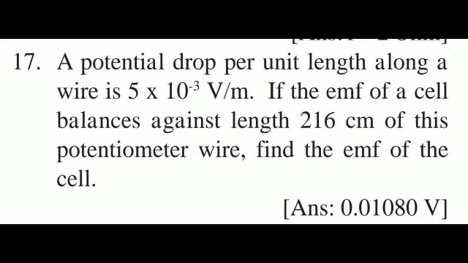Now numerical number 17. A potential drop per unit length along a wire is 5 into 10 raised to minus 3 volt per meter. If the EMF of a cell is balanced against length 216 centimeter of this potentiometer wire, find the EMF of the cell. The numerical number 17. So here after reading it carefully you have to write the data as usual. So here data is given as,